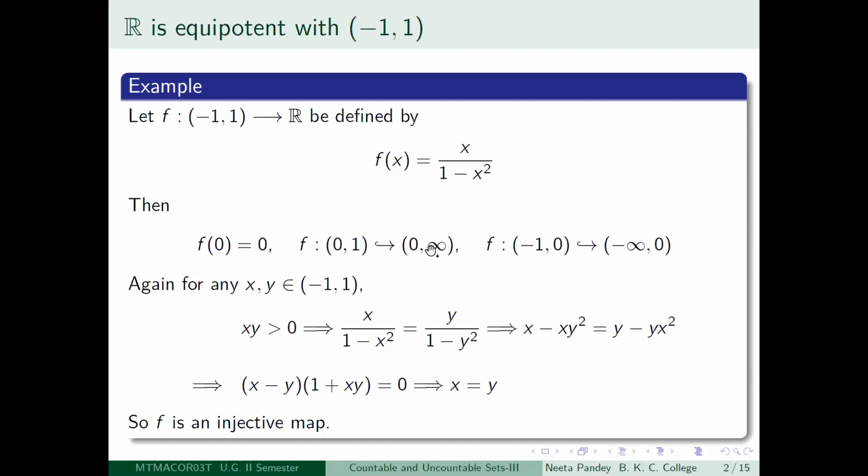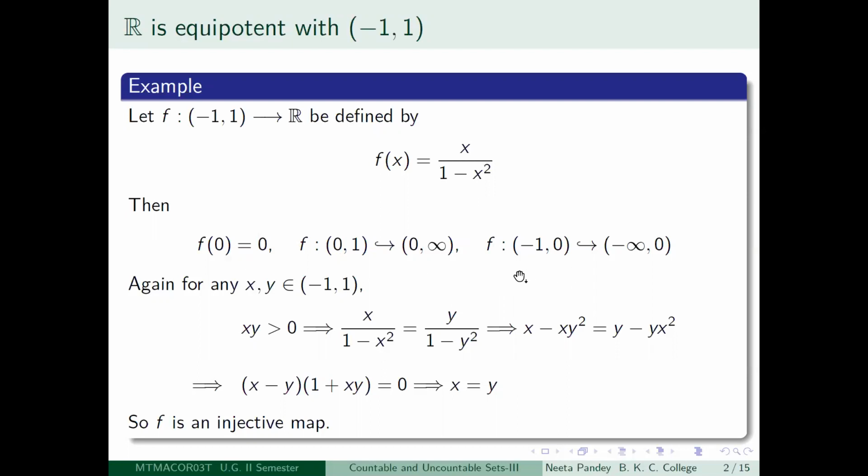So this observation tells you that if you take 0 and take a non-zero real number, then they will not map to the same number under the map f. Not only that, if you take a positive real number and a negative real number, then they will not map to the same element of R under the map f, because positive maps to positive, negative maps to negative. So therefore, there is no question of them mapping to the same element. So we are trying to show that f is injective. Of that, we have shown these three cases.